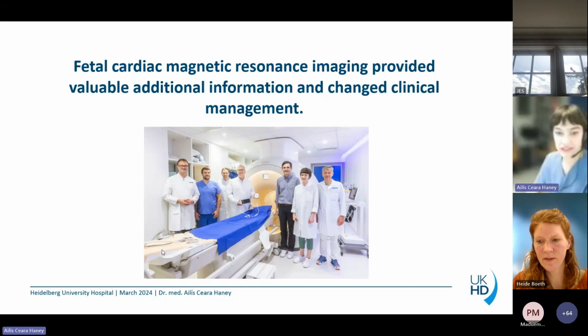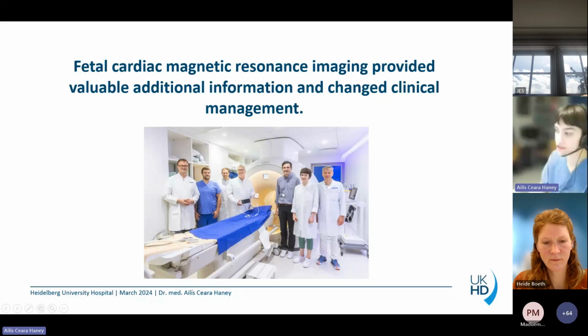So we were very excited to have seen this patient, and I just want to show you a picture here of our fetal CMR group and program. This is Dr. Henning Steen, Dr. Florian Andre from adult cardiology, from cardiac imaging. Daniel Asmussen is head of the technician team. Professor Gorenflo and Professor Alexander Kovacevic are from pediatric cardiology. This is Dr. Michael Elsässer from fetal echocardiography, so from gynecology, and this is myself.